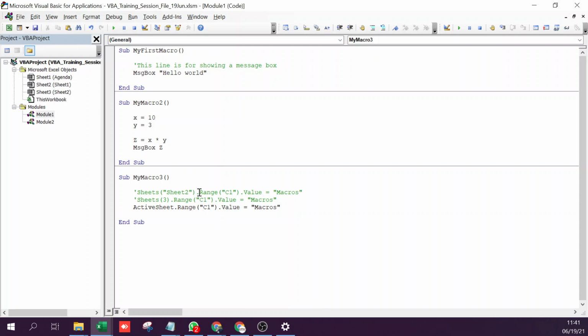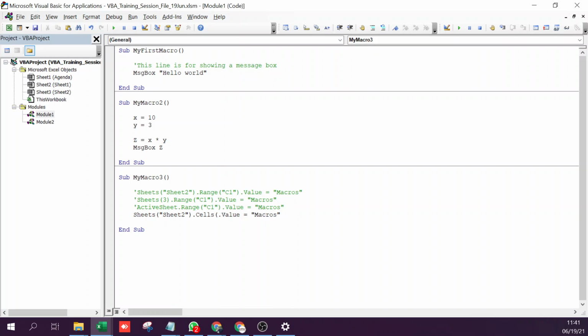Is there a way to write this in a better way? Yes, there is. So instead of writing range C1, you can also write something like cells. You open bracket.